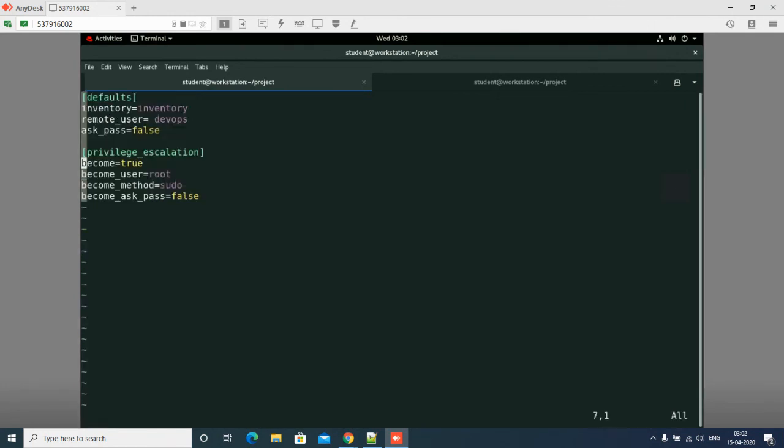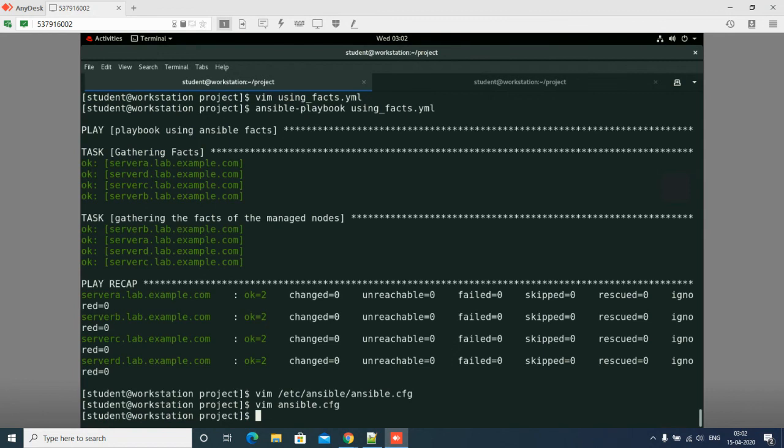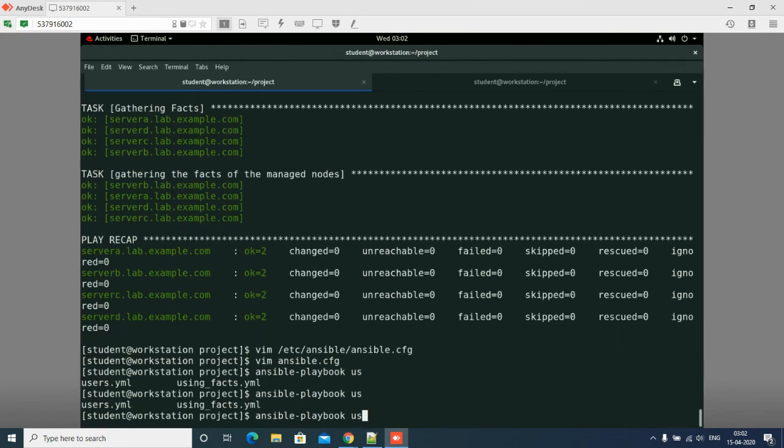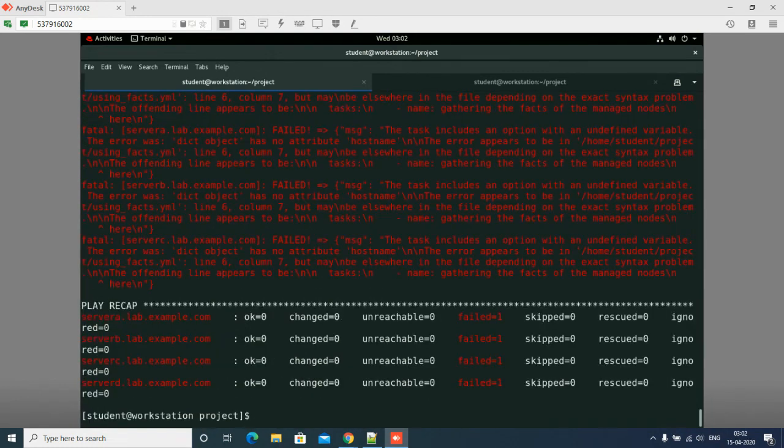Here I am going to define somewhere here, and here I will say explicit. Now let's try ansible-playbook with whatever playbook name I am using. Now they will fail because they are not following it.